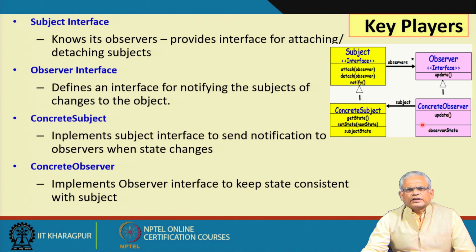We have seen so far how this principle works, programming to an interface. The concrete subject implements the subject interface and sends notification to the observers. The concrete observer implements the observer interface and provides a definition to the update method and how it can be